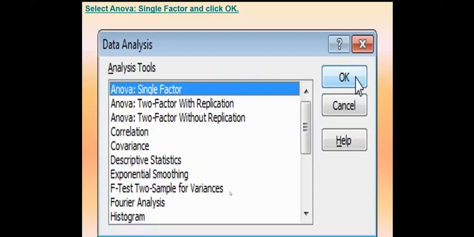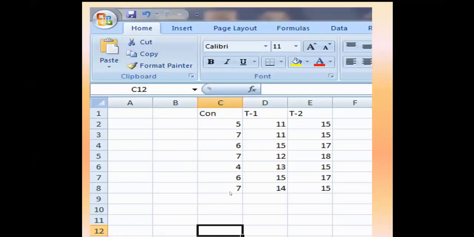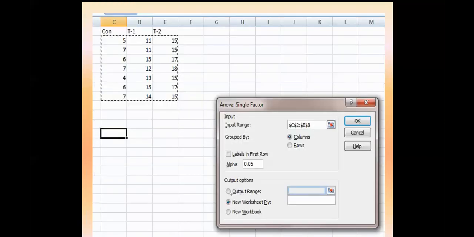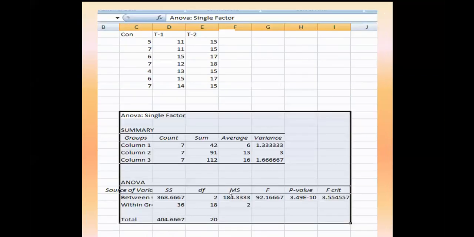Now, for single factor, once again I'm repeating, if you have to do ANOVA single factor, then you will click the OK button. You have to put all those values in the Excel sheet. These values are there, like control, treatment 1, treatment 2, and you are going to analyze it, single factor you will be doing. So here all these values are being selected, and they will automatically come in the input. Then when you click, this ANOVA table will appear. So I have told you enough about it.